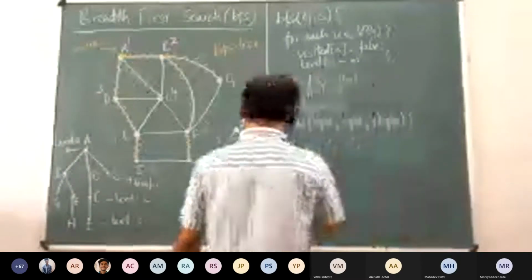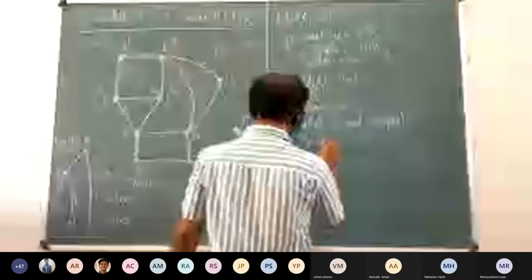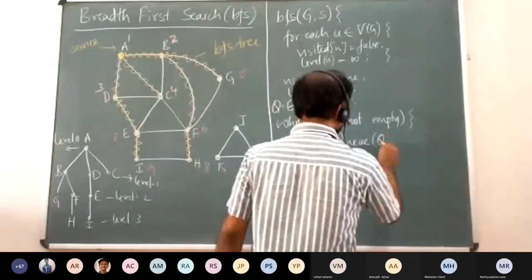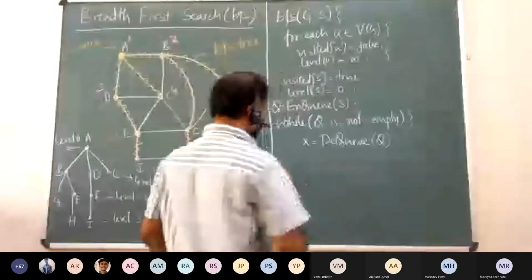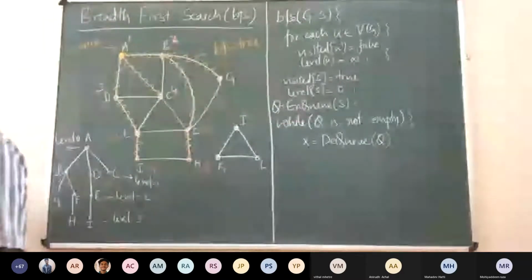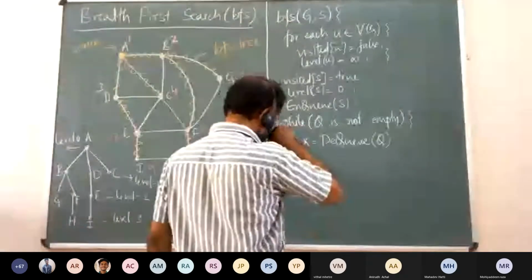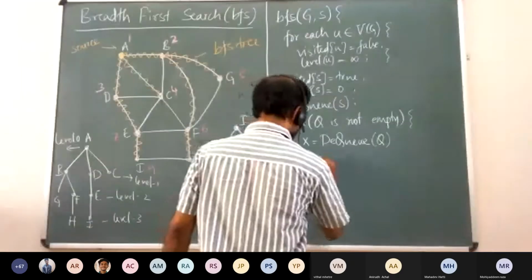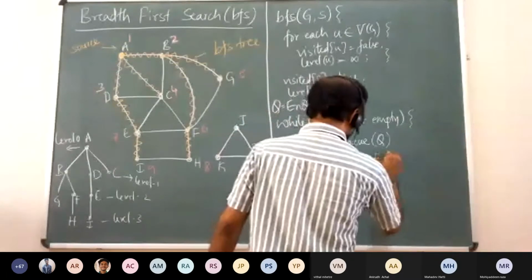So then what do you do? Basically, you dequeue the queue. Once we have this particular vertex X, we will visit all the neighbors of X if they are not visited yet. So now we have X. For each V belonging to the adjacency set of X in G,